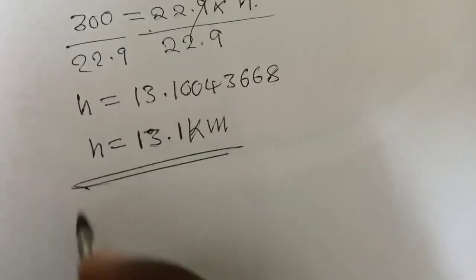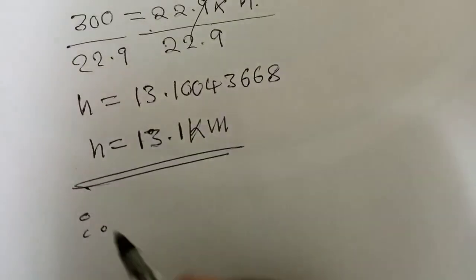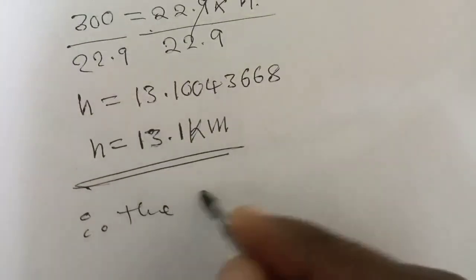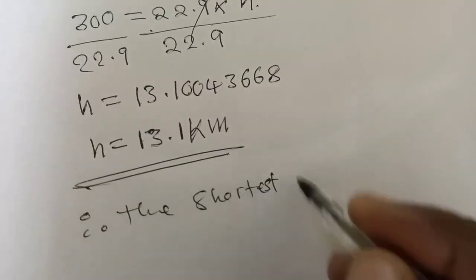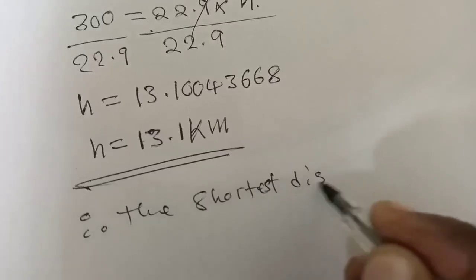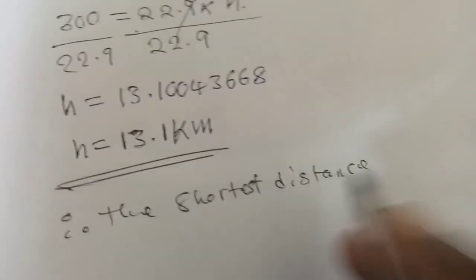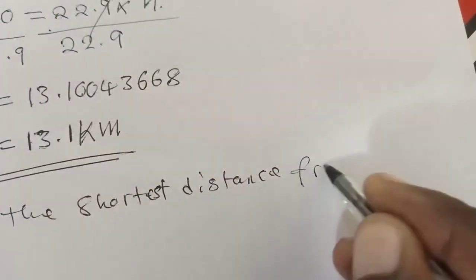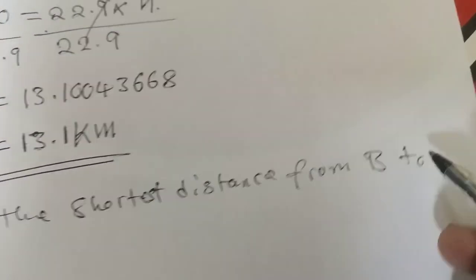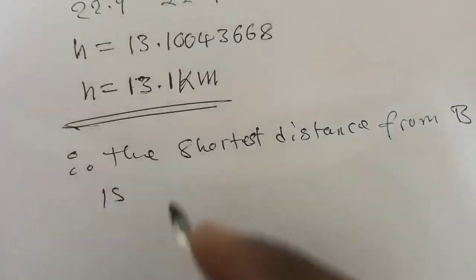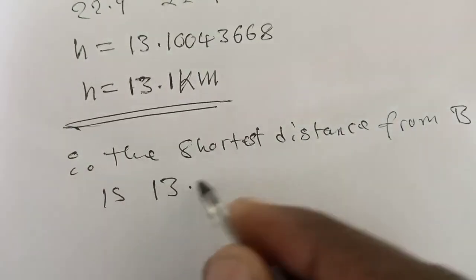Therefore, the shortest distance from B to AC is 13.1